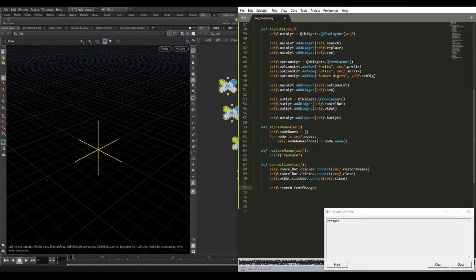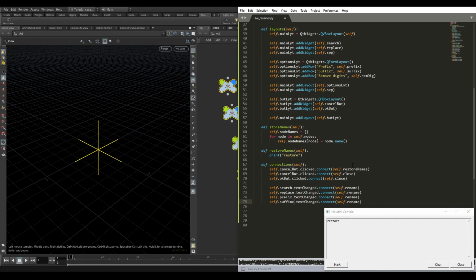When this is triggered, we want to connect a function called rename, and we want to do the same for the replace, for the prefix and the suffix. So change it here: search, replace, prefix